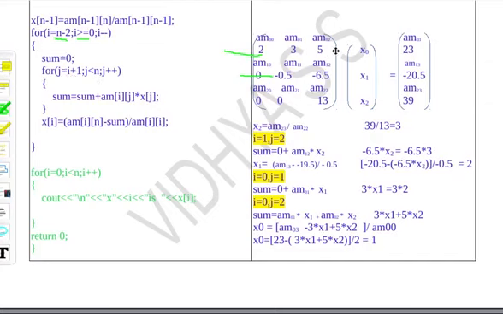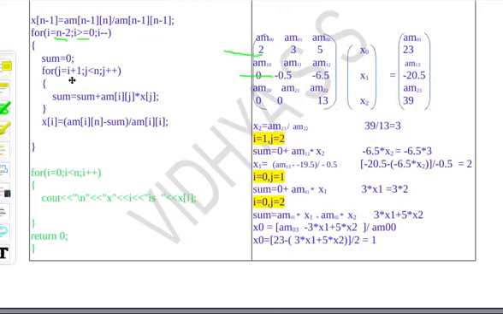How many times do I need to find the sum? Here for 3 and 5 I need to find the sum. That is, how many columns are there? I have to find the sum till now, not up to the final column, because the final column I am taking just as the subtracting factor, right? So I have to find the sum just before the final column, that is, n minus 1 columns. Totally I am having n plus 1 columns, so n plus 1 minus 1 means n.